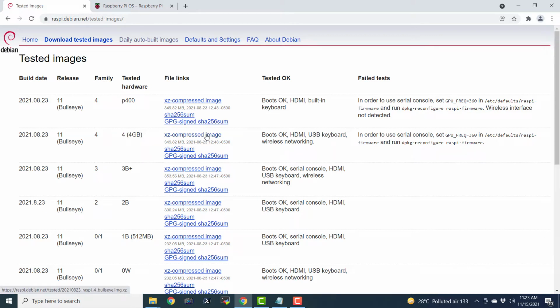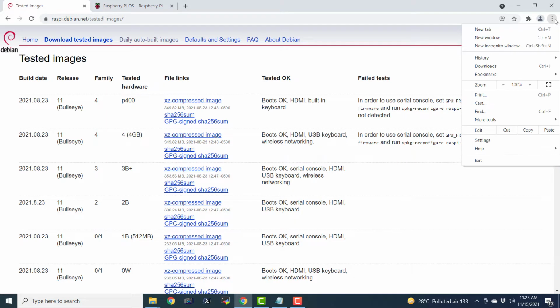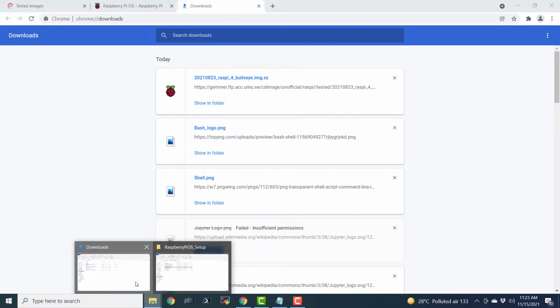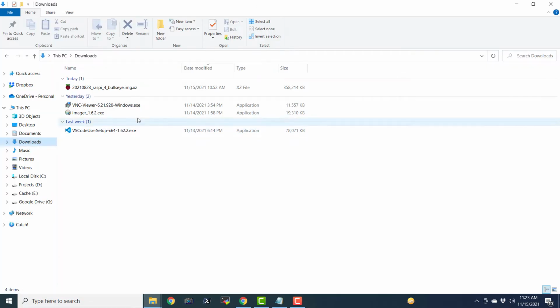Let us download that image. If you click here, it is going to launch the download and it will be visible in the bottom left corner of your browser window. Once that download finishes, you can check it in the downloads history. Here we can see the downloaded image. For our convenience, I have already downloaded this image before I commenced recording of this lecture. You can also see this image in the file system in the downloads directory here.